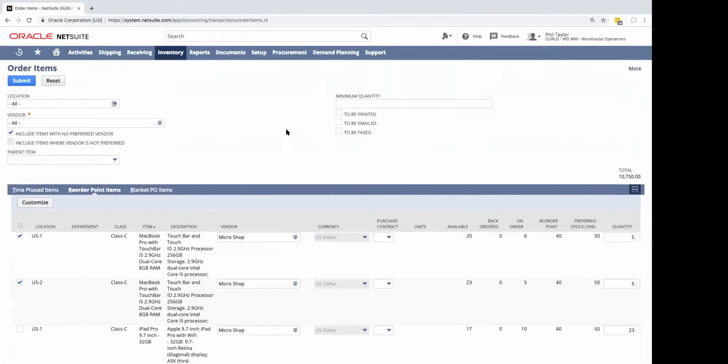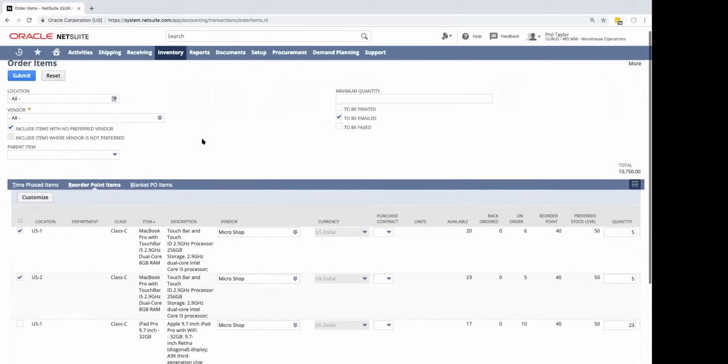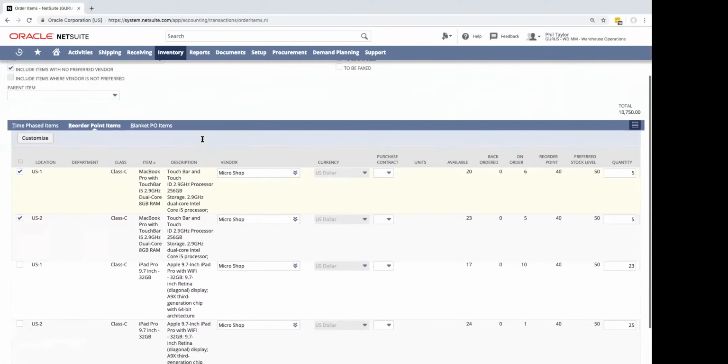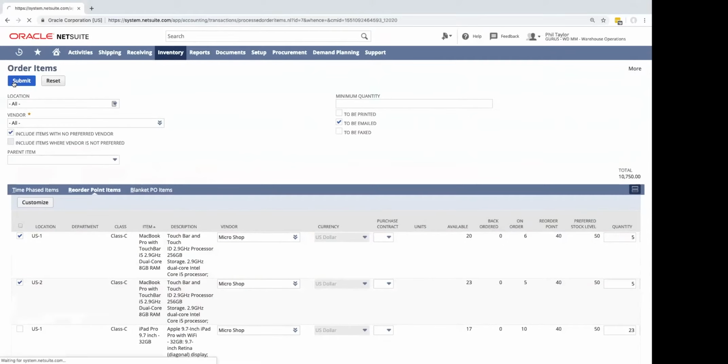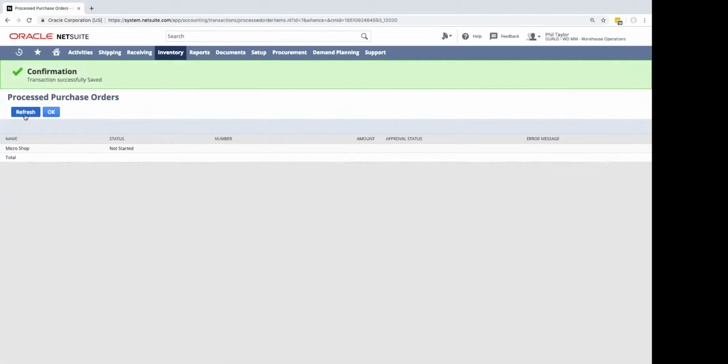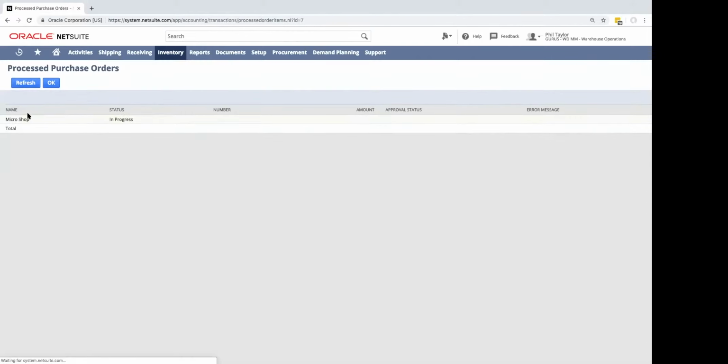And I also want to make sure that I email the vendor with this PO so that they're notified that I actually placed the PO with them. And let's submit. And NetSuite's going to process these purchase orders. Now we have one PO already created right here.